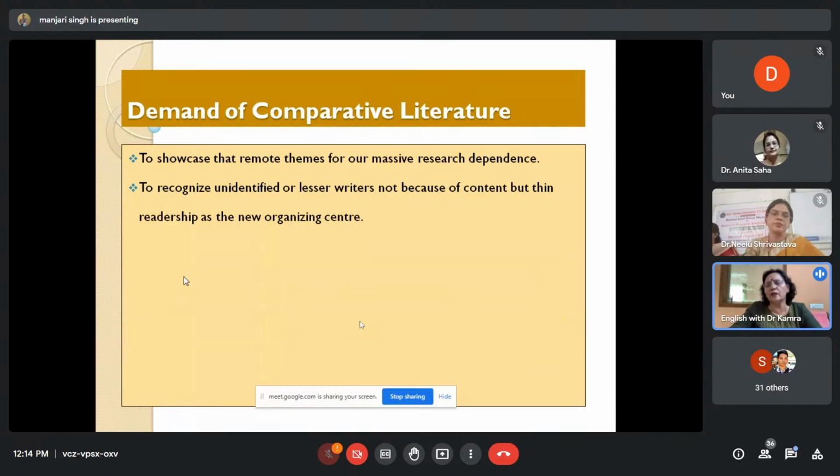Commonly what happens, whatever is available on Google or whatever is contained in your Shodhgangotri or Shodhganga, you believe that this is the complete domain of research. It's not that. The elements of research can be picked up from anything and everything that comes your way. I tell you, one of my students had come to me, and when she started speaking to me, I found that she was neither good in grammar nor good in understanding. And then I asked her, what do you do? And she told me that I only read a few magazines. I said, what kind of magazines? She told me Hindi magazines. Sarita, Mukta, mein padhti hu na.